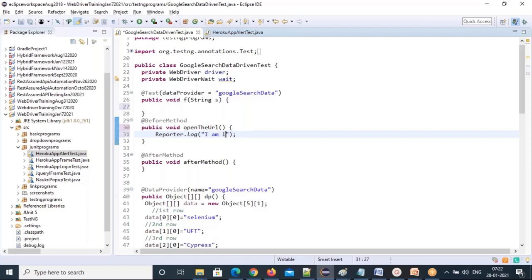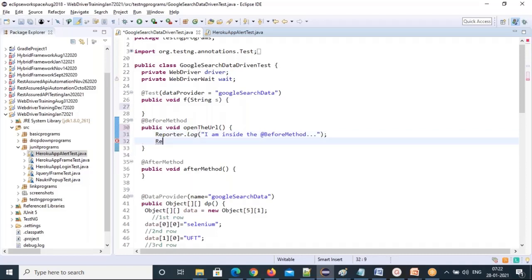So I'm inside the @Before method. Now first open the URL, Reporter.log, and these log messages we need to see. So Reporter.log: open the google.com website.